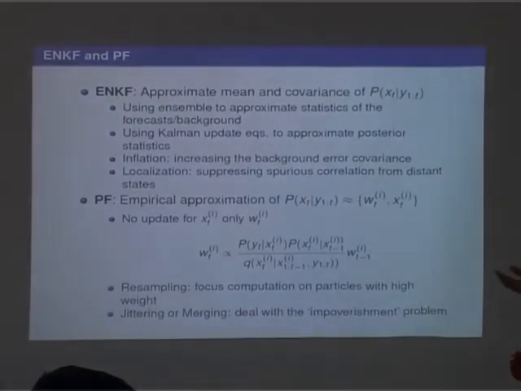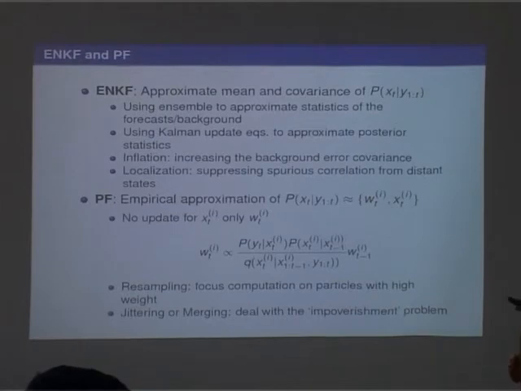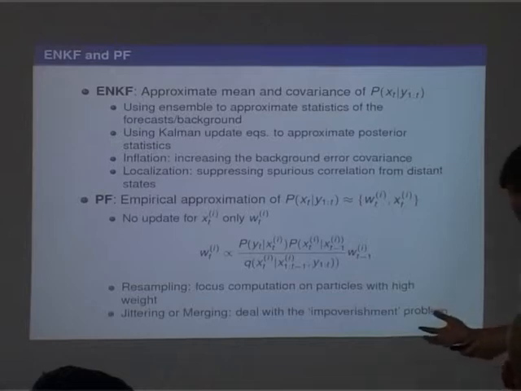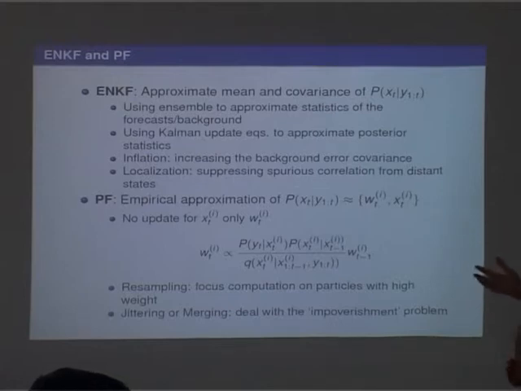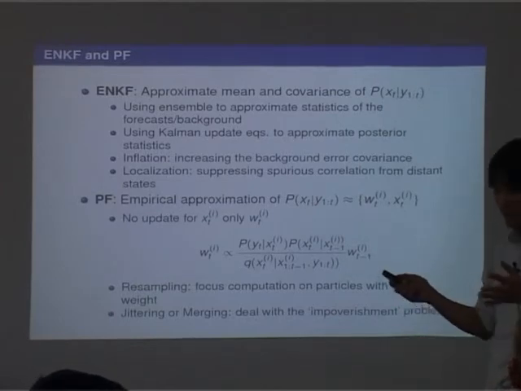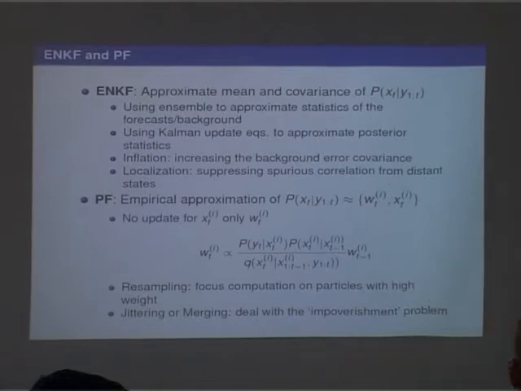We want to use the ensemble to approximate the mean and covariance of this conditional probability distribution. And the idea is that we're going to use the ensemble and flow it by the flow model and use that ensemble to approximate the background error covariance matrix. But for the update equation, we still use the common update equation. And there are a lot of techniques to make this work, such as inflation and localization, in order to suppress spurious correlation from the distant states. Also, the localization helps to increase the rank of the covariance matrix, and that's one of the reasons that makes the method work well.